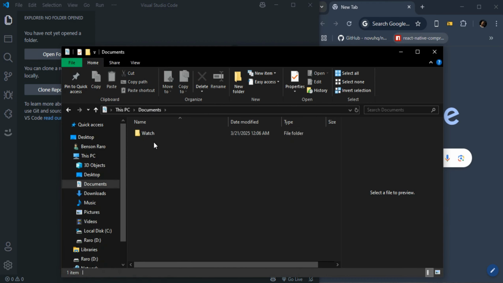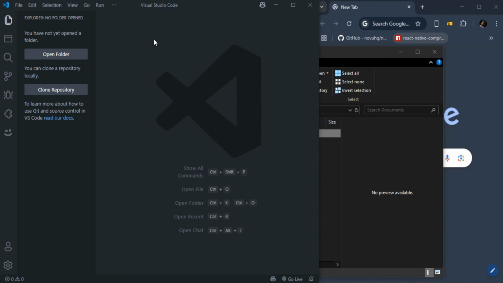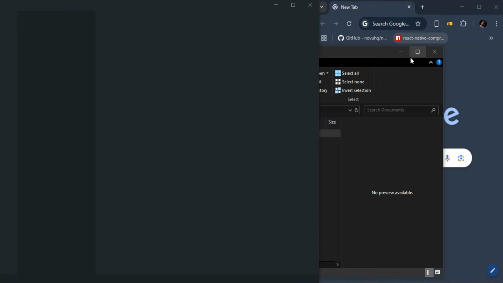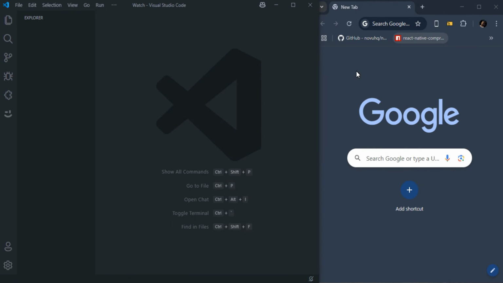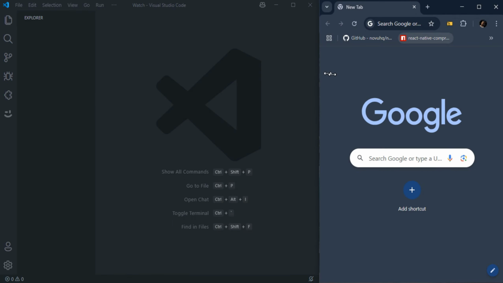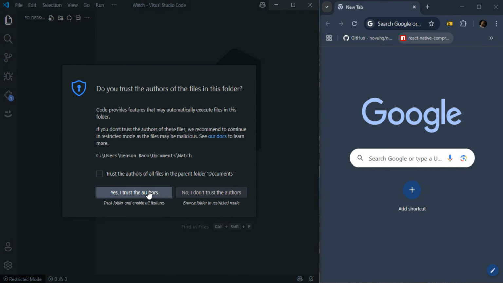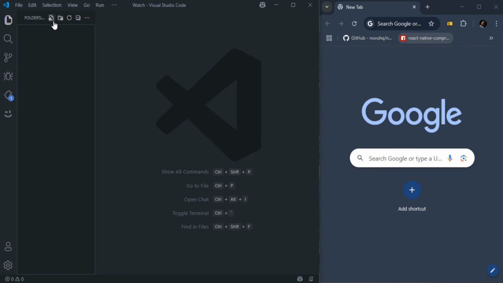You can do that, or you can just drag and drop it inside your code editor right here. It will just reload. I'll just minimize that one. After it finishes loading, we need to create a few files. The first one, we say yes. For the first file we'll create